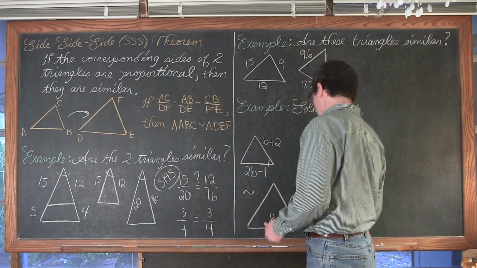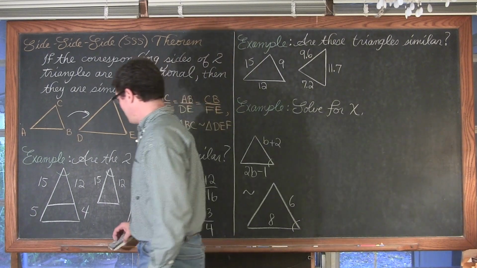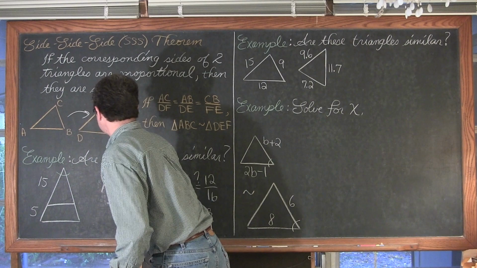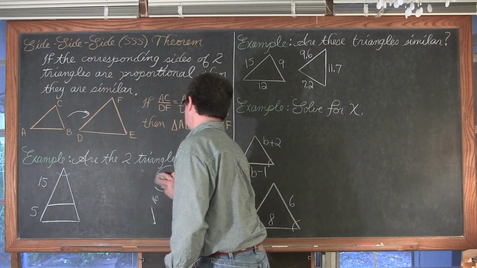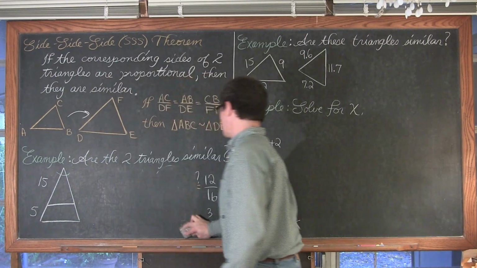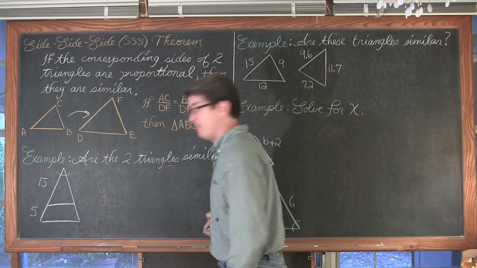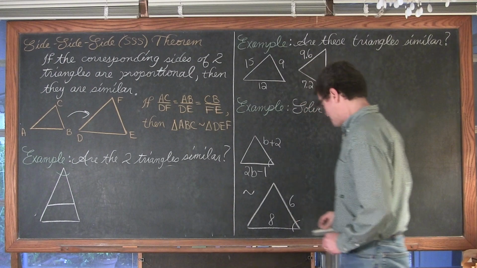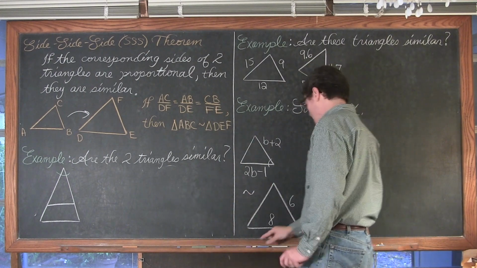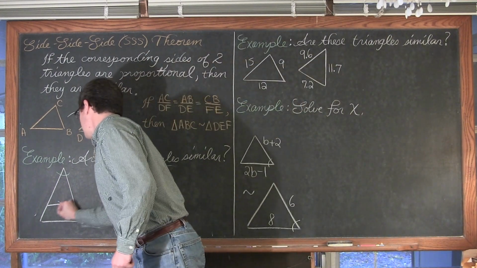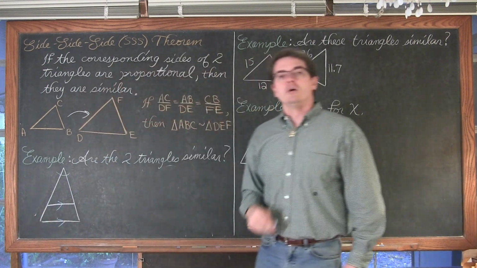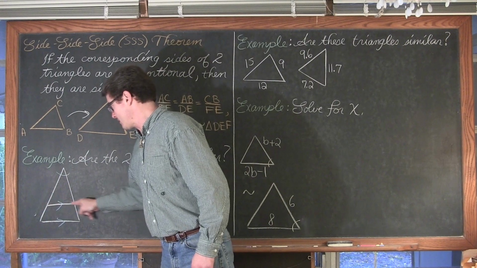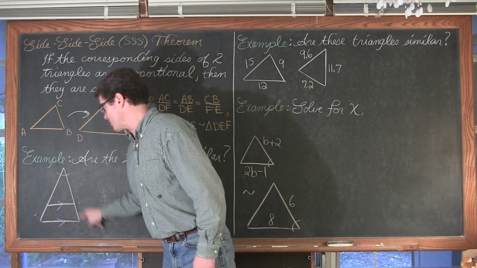Now, I feel like I want to do another example. If I come back here and erase this work for a second, just to do a bonus example. If I change the diagram, and I show that these two lines are parallel, would those triangles be similar? This triangle here, the small one, and this large one.